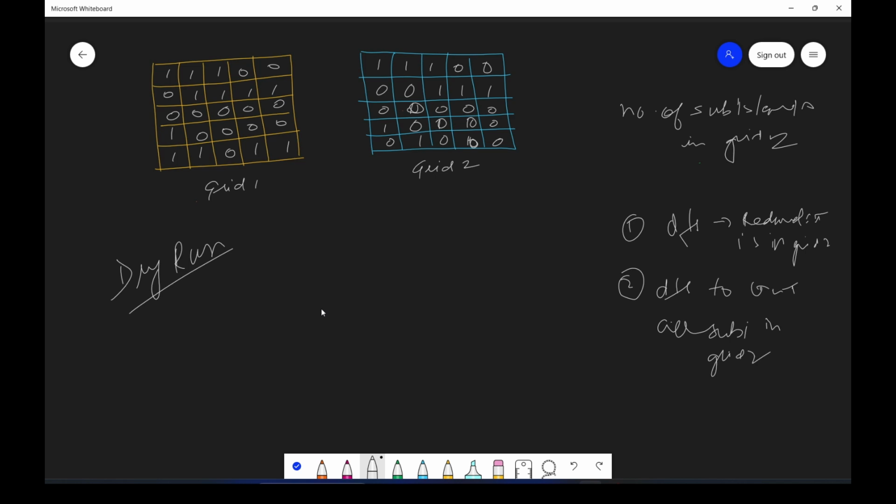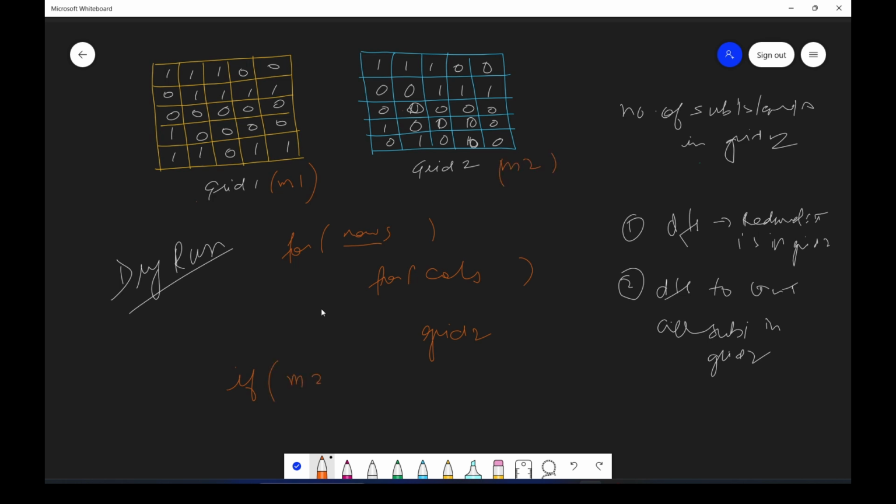Okay, so let's start. We will start iterating. We will basically have a loop. We will go to the rows, then we will go to the columns in this grid 2. So we'll go to each cell one by one and check, let's say this is your matrix 1 and this is your matrix 2.